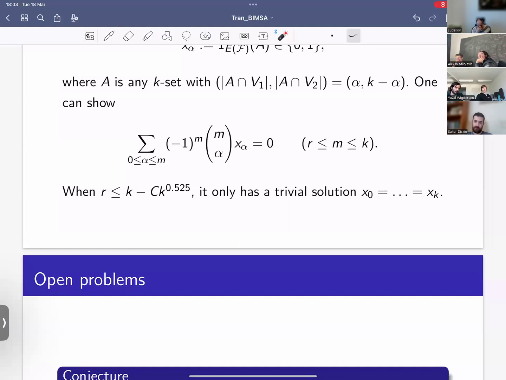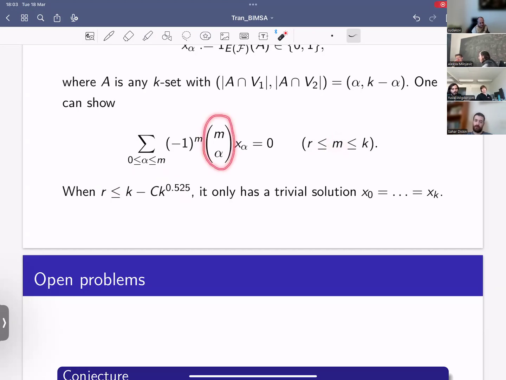So where does this number come from? Why do we need R to be this? Because we know that between k and this number there is a prime number. And let's say m is between R and k, and let's say m is a prime,